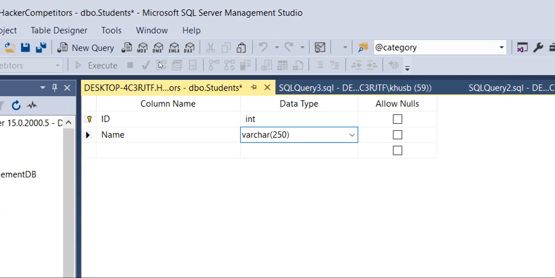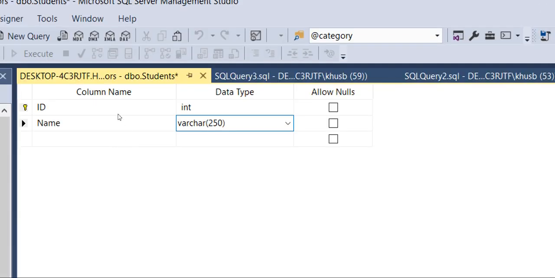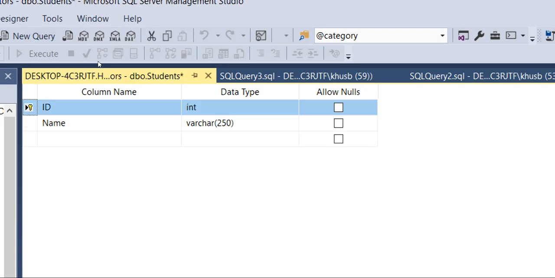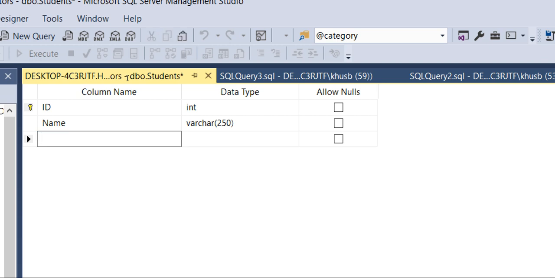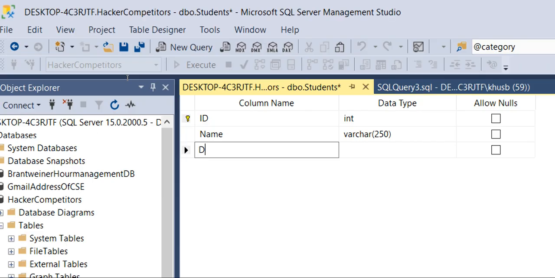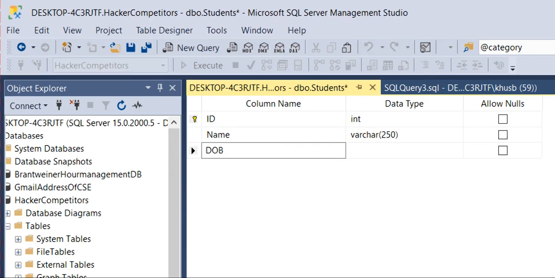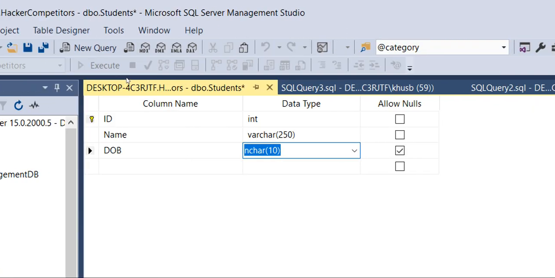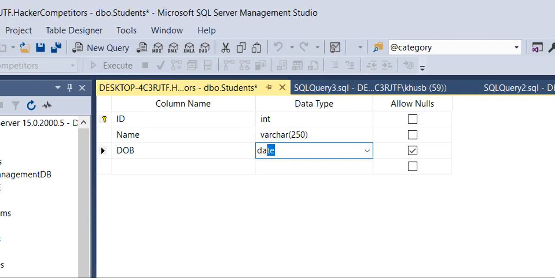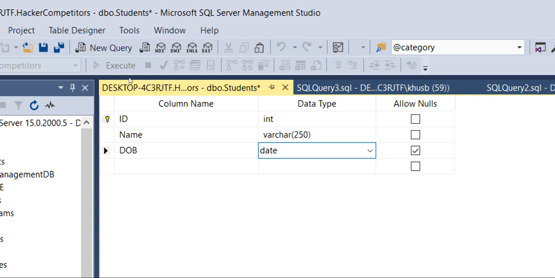So I will specify something like this. The id, the student-specific id, we are going to create as a primary key, and we already have discussed the id primary key, right? Let's say I want to store the date of birth, so I will create dob as the name of the column, and this column should be date, right? So I will define date here. This is going to accept date as a data type.